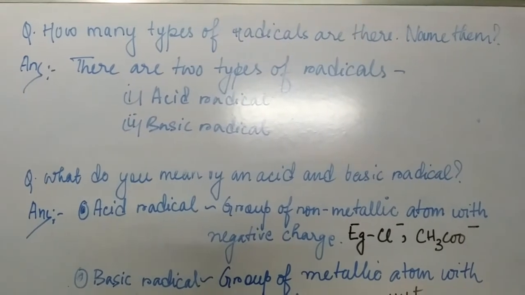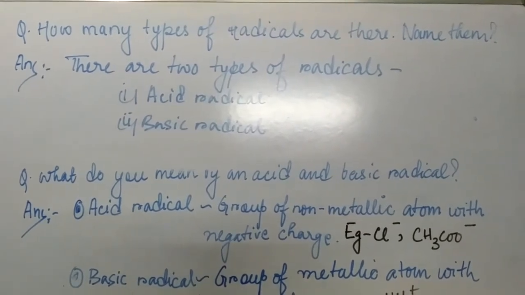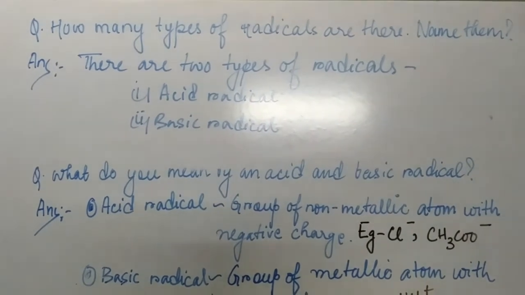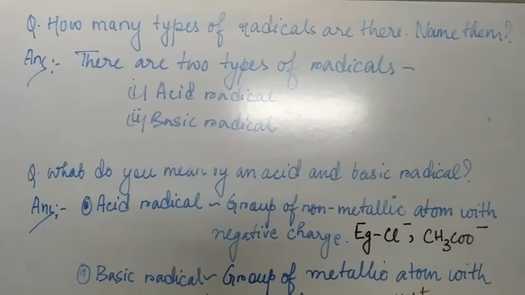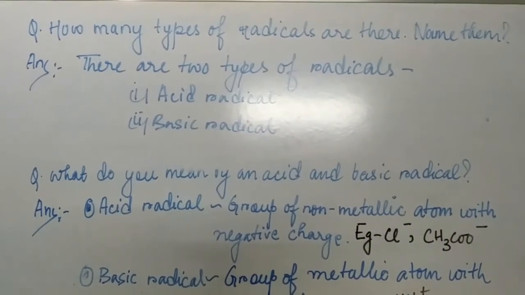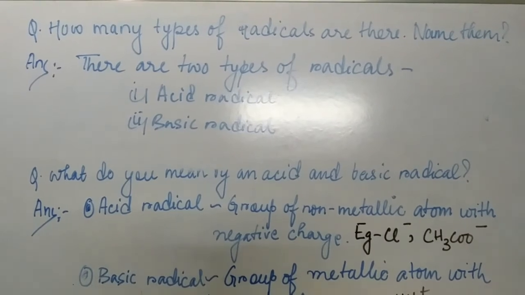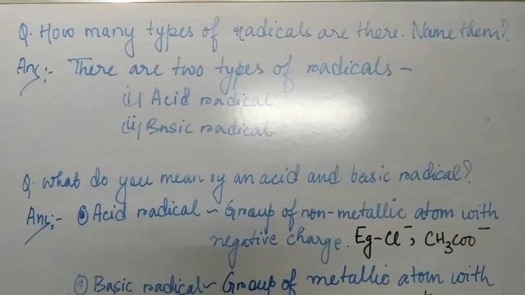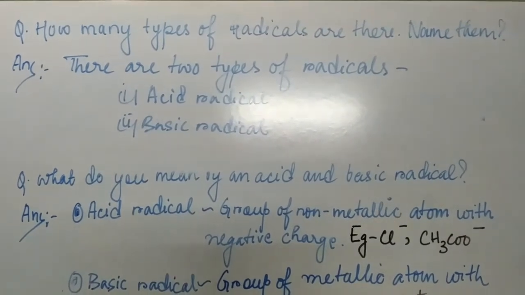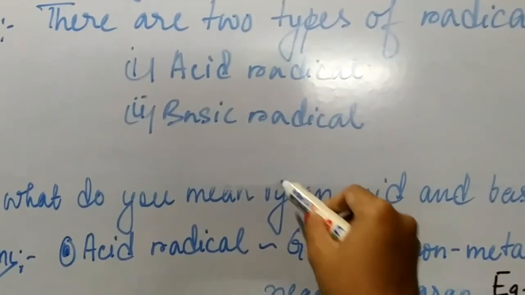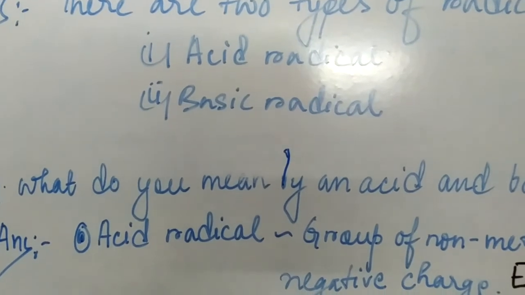Next is, students, how many types of radicals are there and name them. Now there are 2 types of radicals, students. One is the acid radical and the second is the basic radical. Now, we will be learning about this once more, what you mean by an acid and a basic radical. Okay,